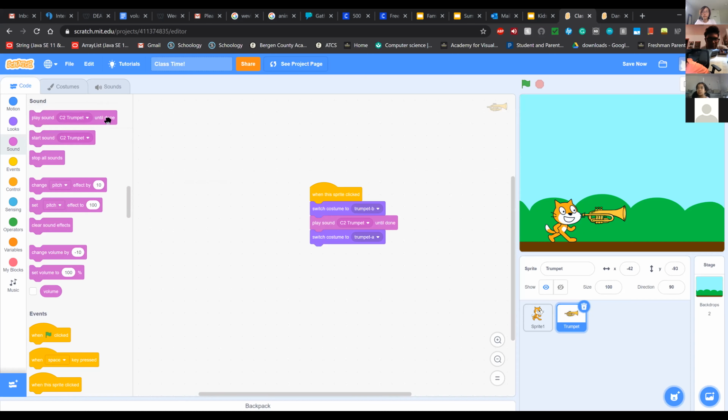So that's the first one. So Nathan, you could drag and drop that underneath the switch costume like I did for mine. Underneath sound, the first one. So you could put that underneath switch costume to trumpet B. And then after that, you could